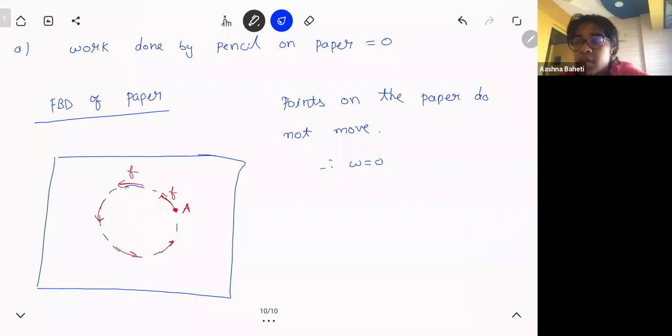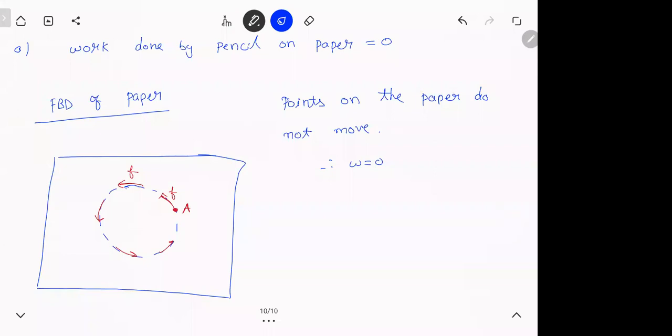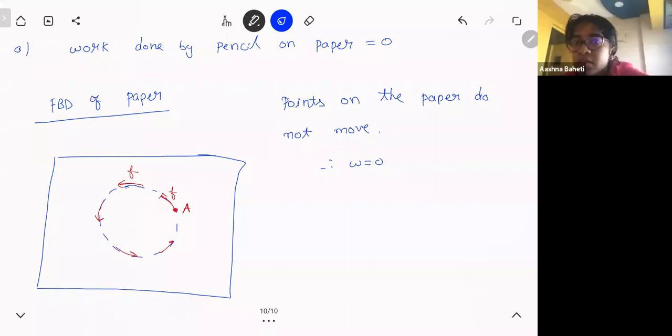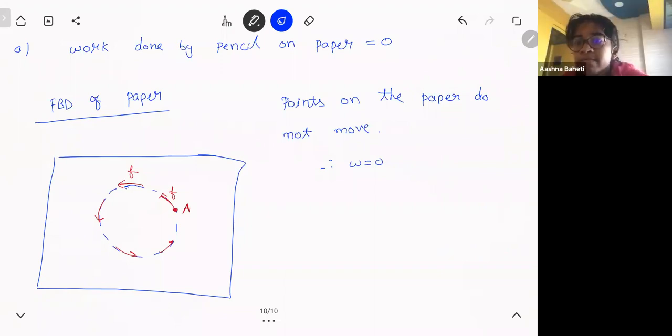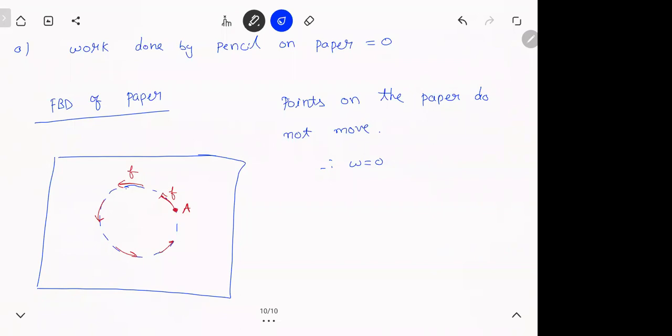Sir, if the pencil is moving, isn't it doing work? So what is the work done definition? That a force is applied which causes a change in the body. Who said this thing? You need to learn this thing. I didn't teach you this. Don't bring your school definition. Doesn't work. Work is force into displacement of point of application of force. You're applying force on the paper. Is the paper moving? That's it. Done. 0. You're not doing any work on the paper. So what you're doing is something else. Let's see. I'll show you.